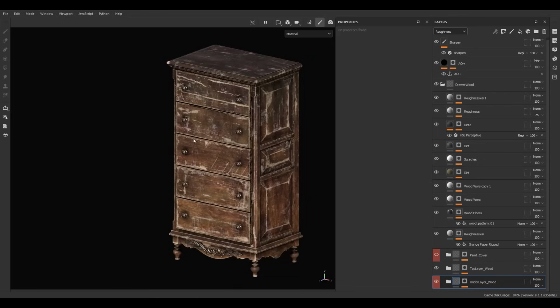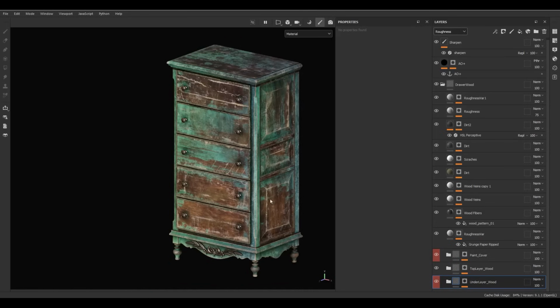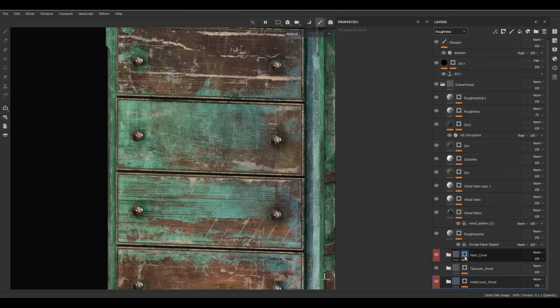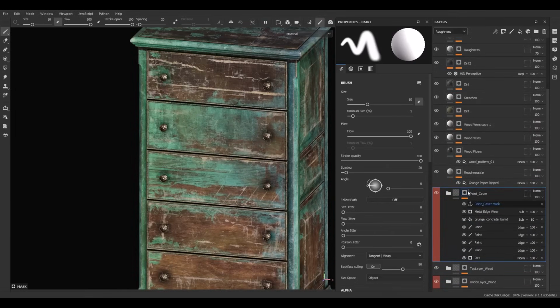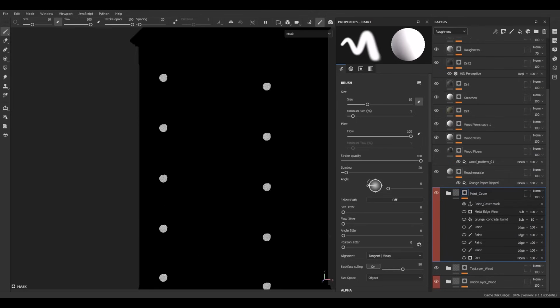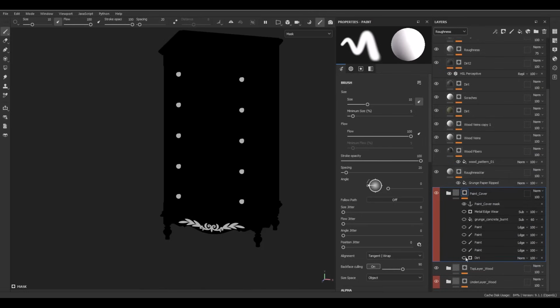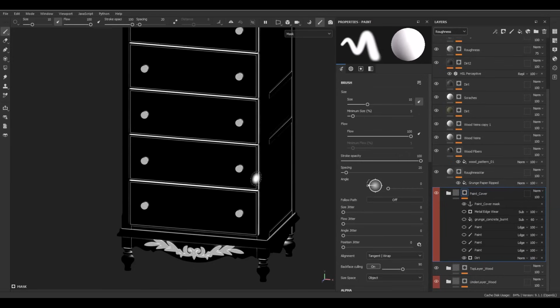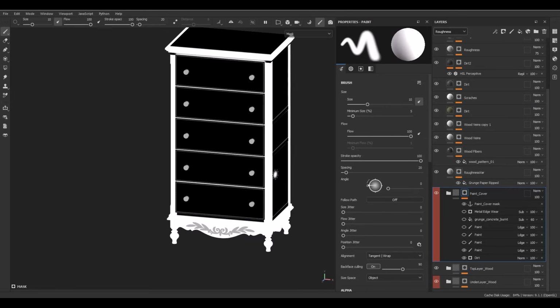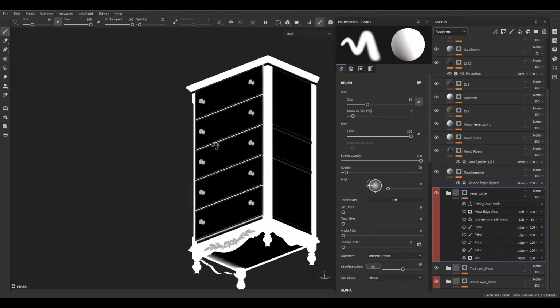So I need to have another layer. I just add a paint cover on it. It's a simple one, and in the mask I just use the same technique, as you can see. Let's go to the mask and turn off all the sub layers. For the first one, I use the dirt, and its effect on the dirt area is very slight, and I pick some area, as you can see in here,